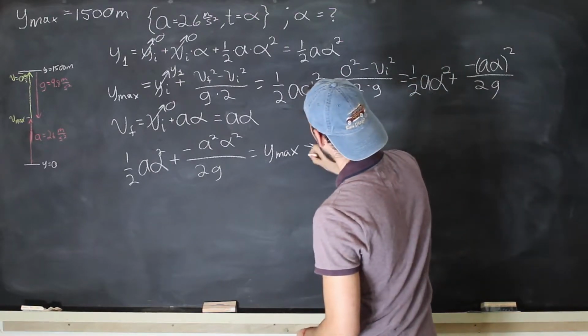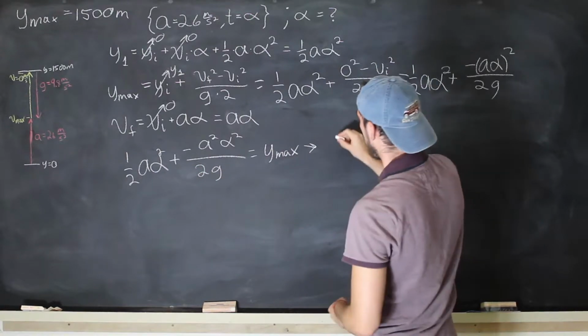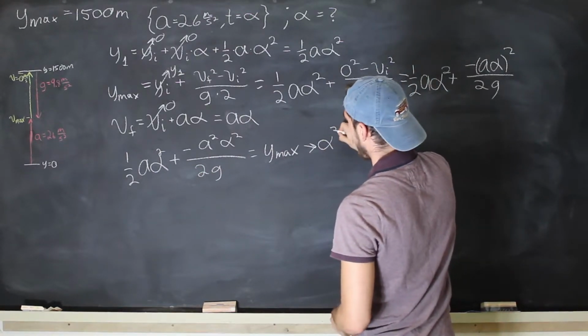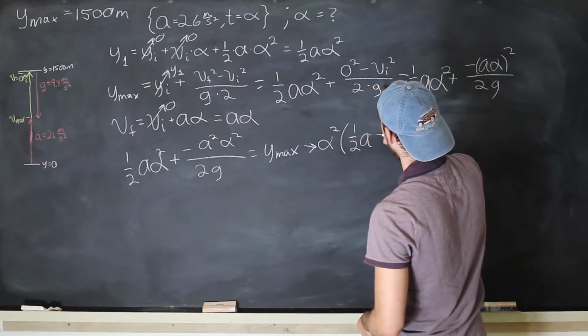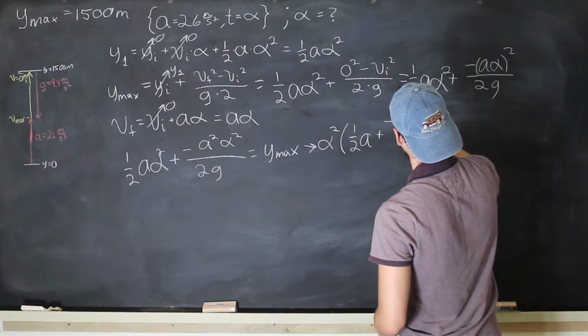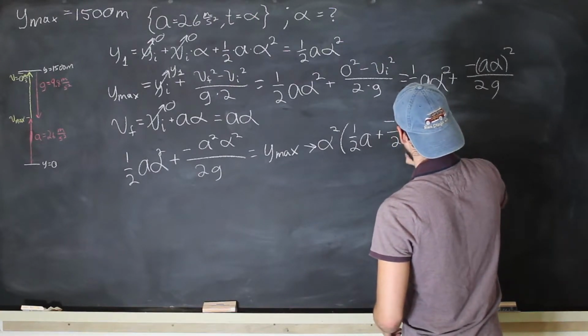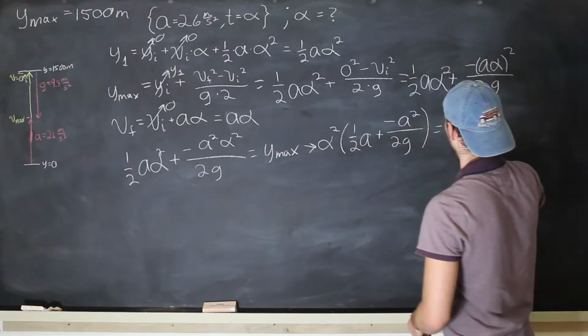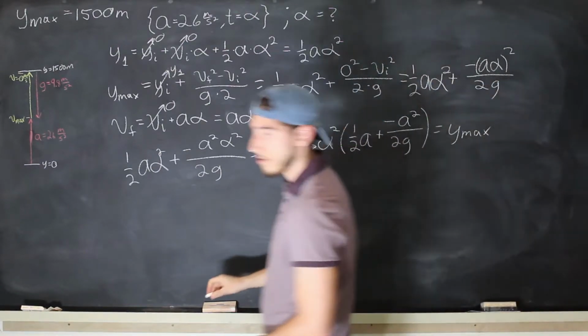Okay. So since there's alpha squared in both terms, we can take it out. So alpha squared times 1/2 acceleration plus negative acceleration squared over 2g is equal to y max, which means that